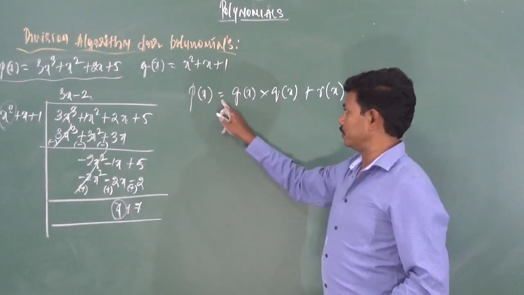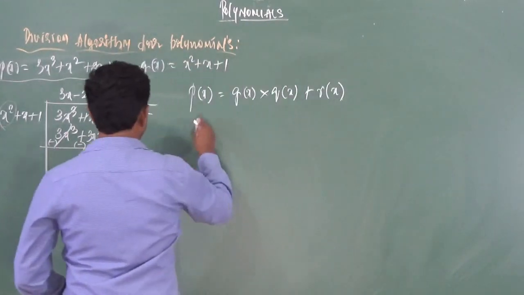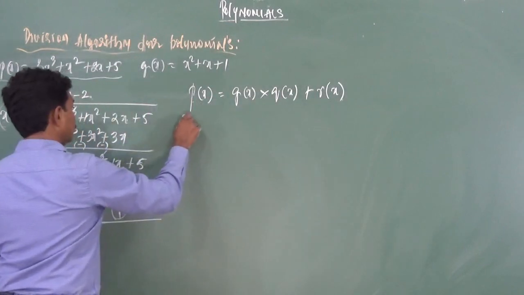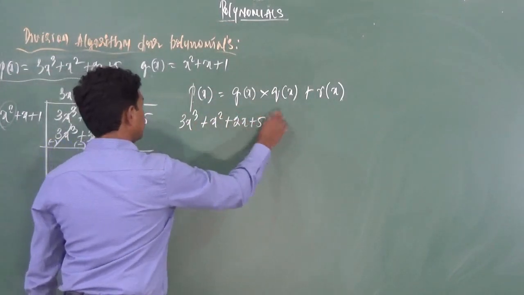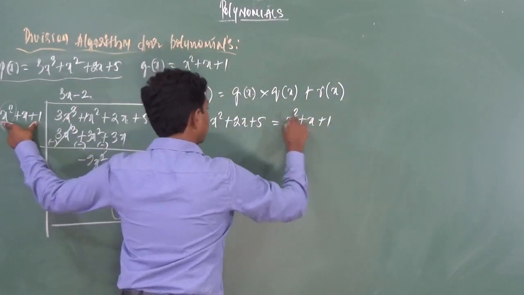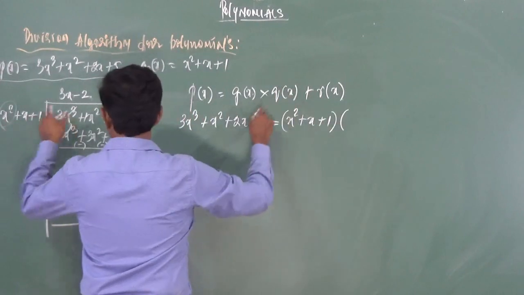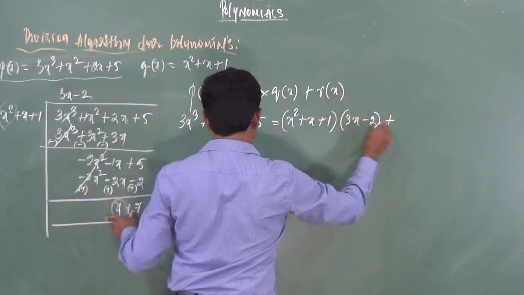So dividend is equal to divisor into quotient plus remainder. So P of x, 3x cubed plus x square plus 2x plus 5, is equal to g of x, which is x square plus x plus 1, into q of x, which is 3x minus 2,